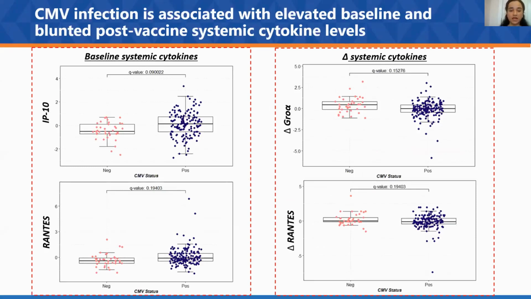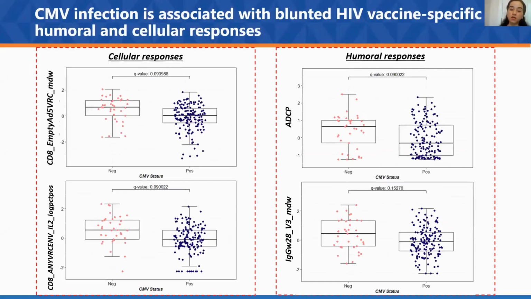So these are the baseline systemic cytokines that are shown to be associated. Then there are delta systemic cytokine values, which are post-vaccination minus pre-vaccination. And then there are a couple of cellular responses and humoral responses that are shown to be significantly associated